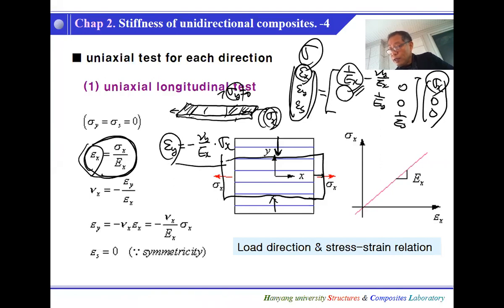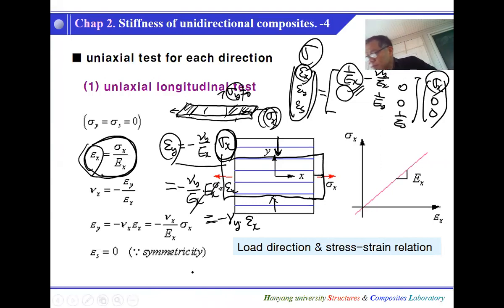So here, sigma x in terms of a strain, that will be, okay, ex. Sigma x in terms of a strain, what is that? EX from here, epsilon X. So simply what we measure is this one. So the definition of notation is a little bit